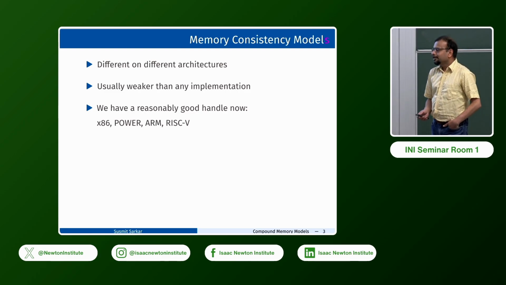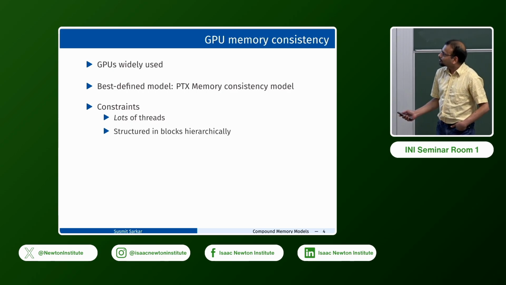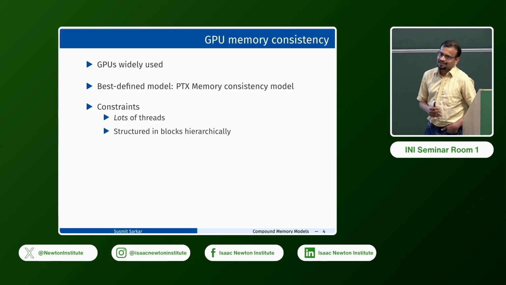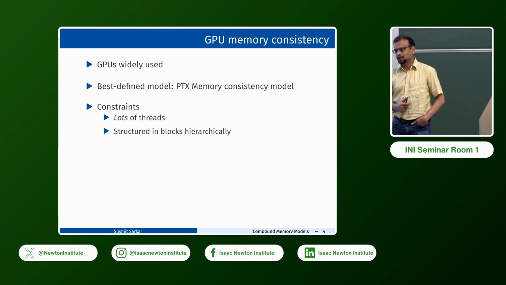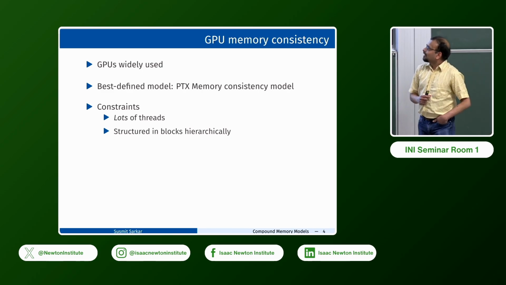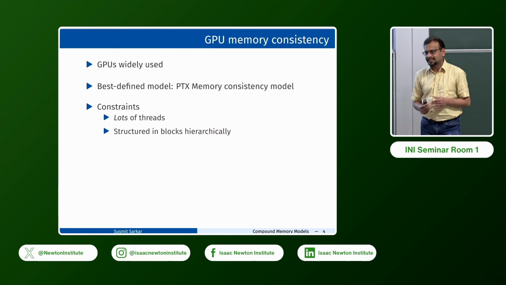So that was all good. But then people started building other kinds of machines as well. In particular, in the last decade or so, people have been wanting to program on GPUs, who knows why. And GPUs have memory consistency models if you do shared memory concurrency on them, just like on any other